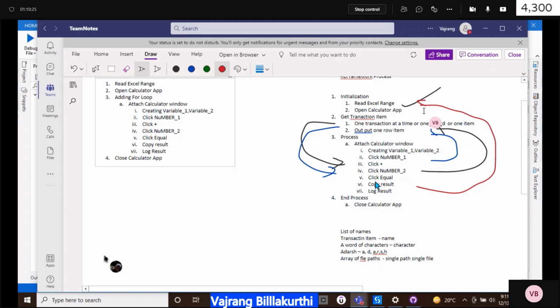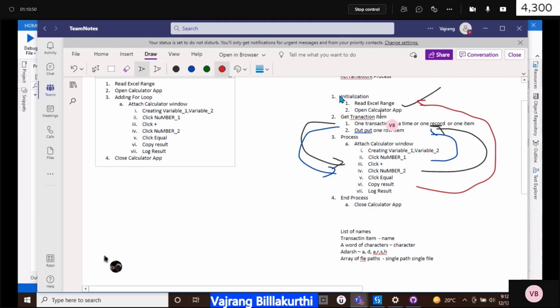So if there is any error in clicking a number, clicking a variable, copying a result, logging a result, if there is any such exception, it will go back and initialize, read Excel and open Excel, open calculator. And again it will continue. It will get one more transaction item, continue the process, and it will go on till all the items are completed.